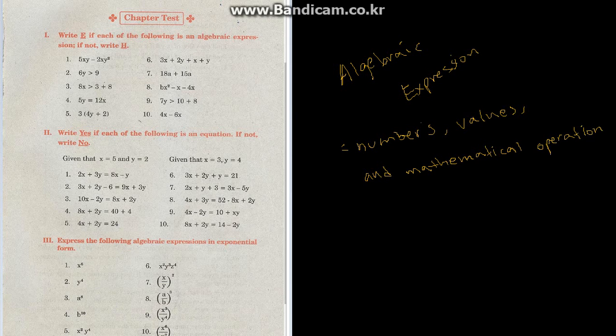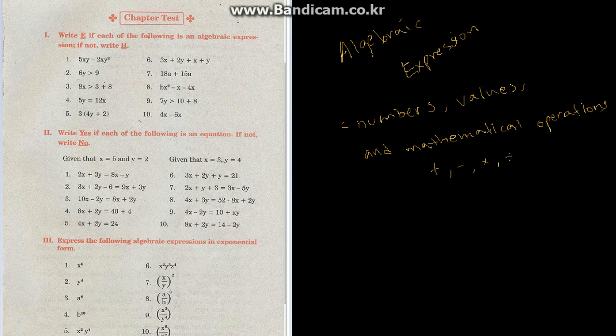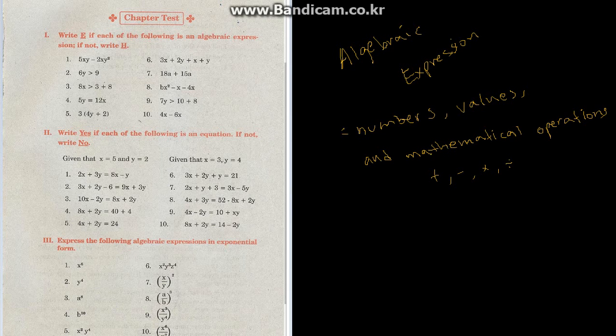So numbers are just numbers, values are 1, 2, 3, 4, 5, and so on. The mathematical operations are plus, minus, multiplication, and division, and something like that. Okay, so if something has those things, numbers, values, and operations, then we can say that's an algebraic expression. If it is not, then it is not. Okay, so number one,